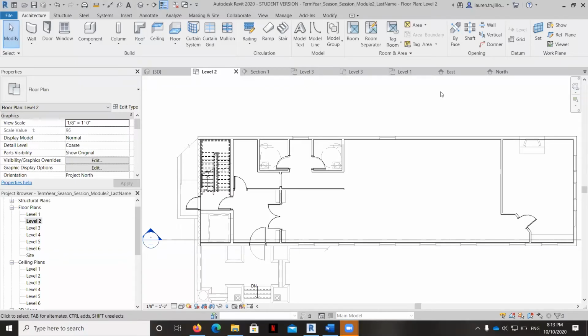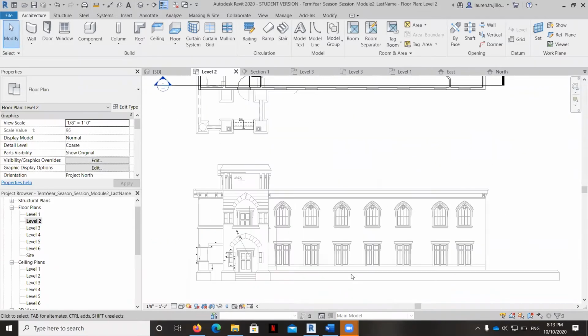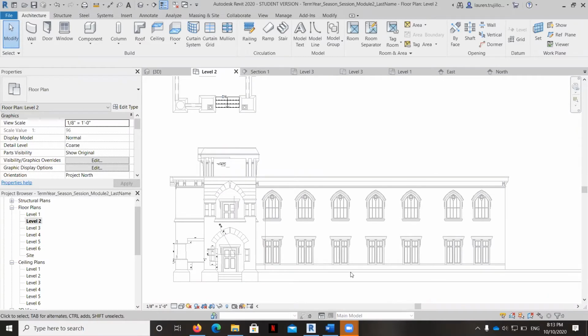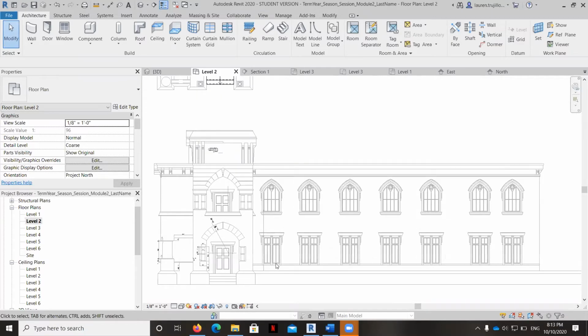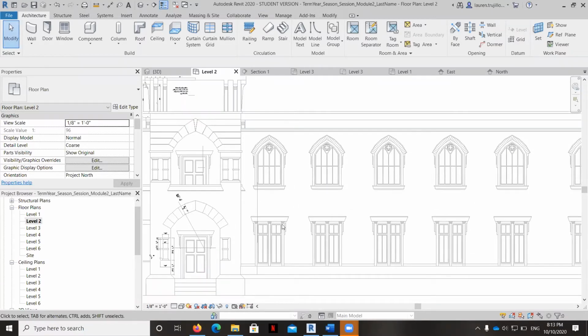In this video, I'm going to teach you how to place windows, and it is in theory just as simple as placing doors, except our building has a little bit more complicated windows going on. So we're going to need a little bit more information here. The first piece of information that I'm going to need is to know the height that these windows are going to be placed at. And then from there, I would need to confirm the width so that we can have an understanding of the overall size because I'm not going to place these windows now.